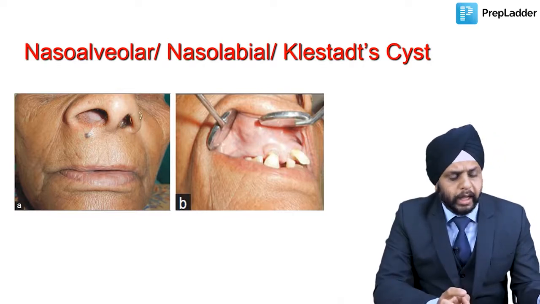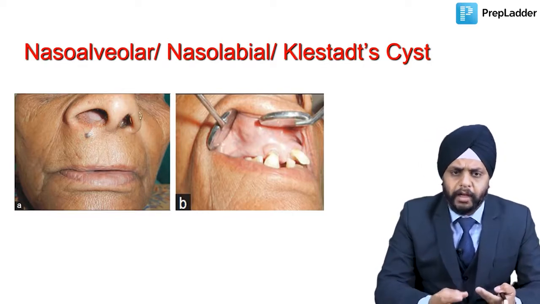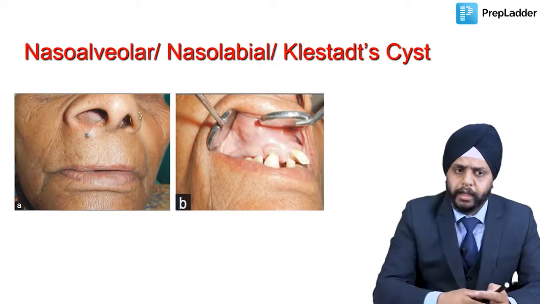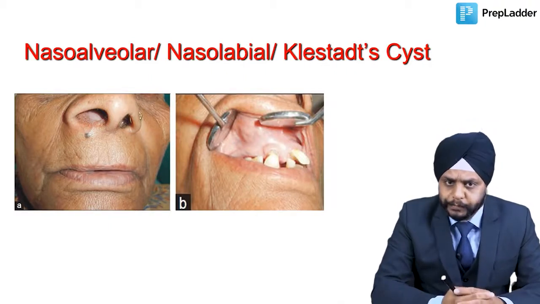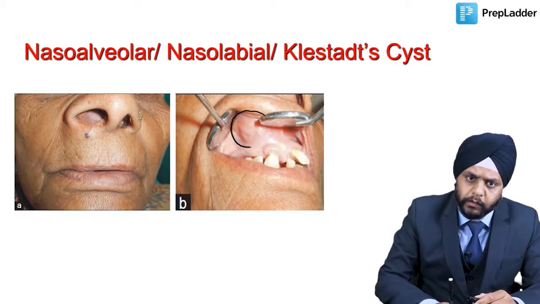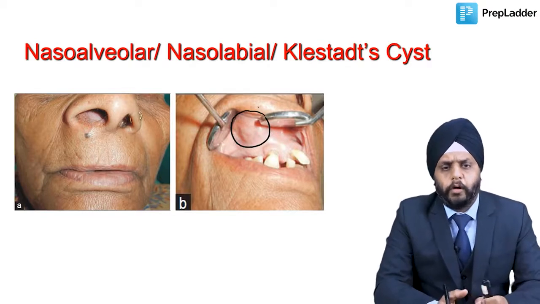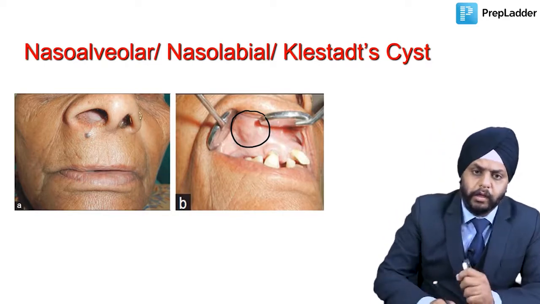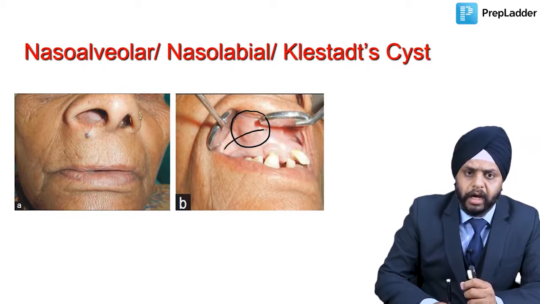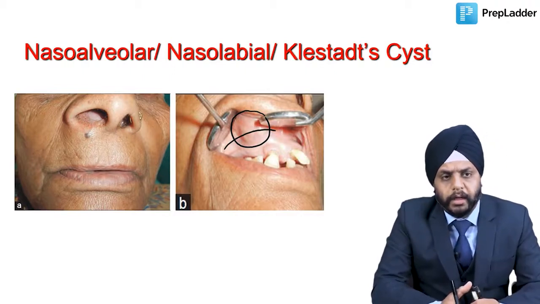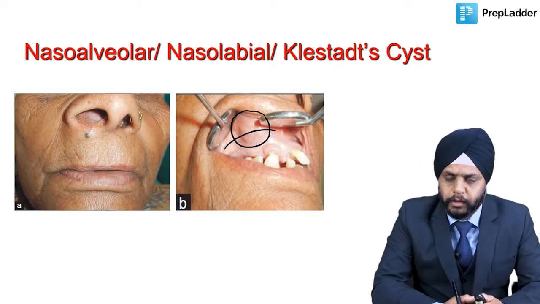Right. Now, these are painless cystic swellings, which are generally present over here in the nasolabial area. Okay, in the area of the nasolabial fold. Right. So as you can see over here, this is the cyst which is present, usually seen in females around 40 to 60 year age group, and the treatment is we can easily excise them by the sublabial approach. Okay. So we can give an incision over here and we can take out this cyst. Right. So surgical excision by the sublabial approach is the treatment given for the nasoalveolar cyst.